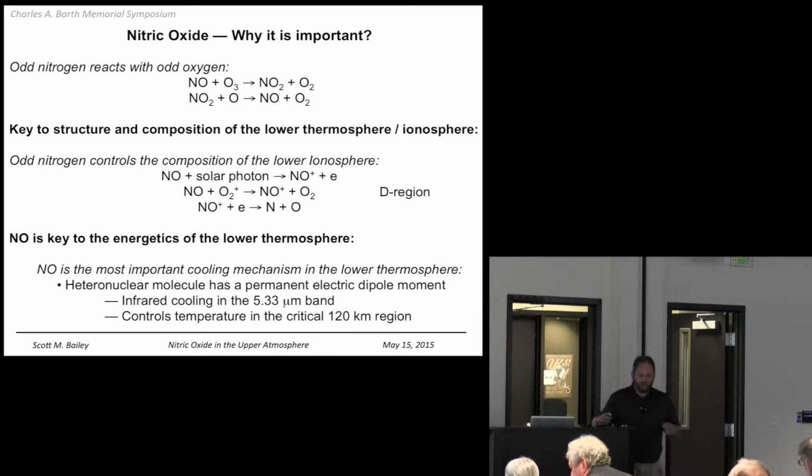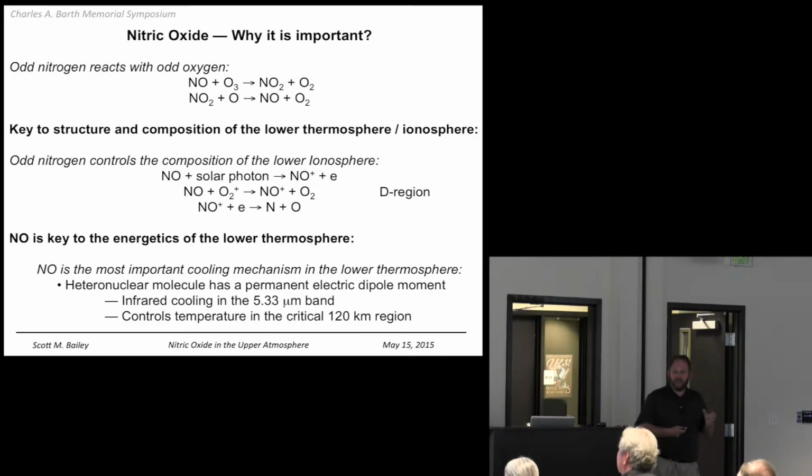Also, as I mentioned before, it behaves sort of the way CO2 does in the lower atmosphere. It radiates. So by radiating that infrared energy, nitric oxide is a way of cooling off the upper atmosphere. It's giving up energy back to space, energy that could have come in any form that led to the creation of nitric oxide. So chemically, in terms of the structure of the atmosphere, controlling the temperature, nitric oxide is very important for all these reasons. And one of the things I'm going to show you is, in addition to all this, it can tell you about what's going on in the rest of the geospace environment.